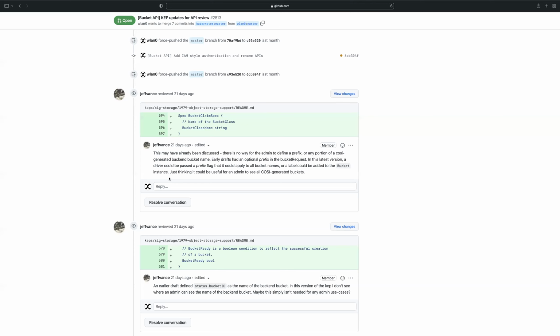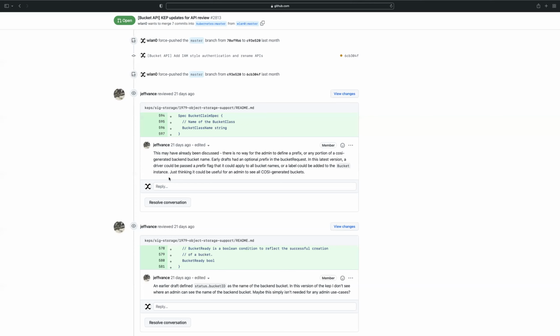The issue you're raising, which is accidental deletion of brownfield buckets, that's handled by the deletion policy. We very specifically support a case where the user deletes their bucket claims. And we never call delete on the Cozy driver because there's a policy that says don't do that.